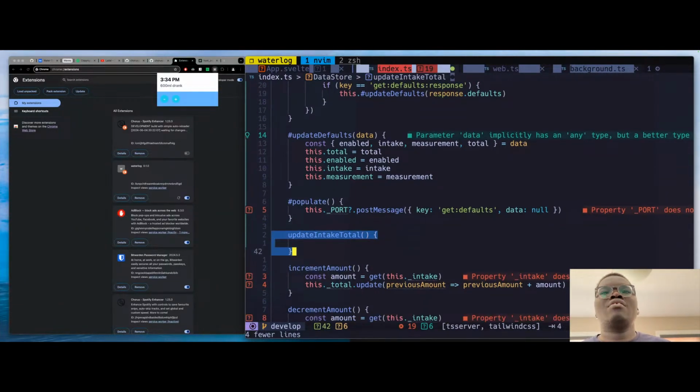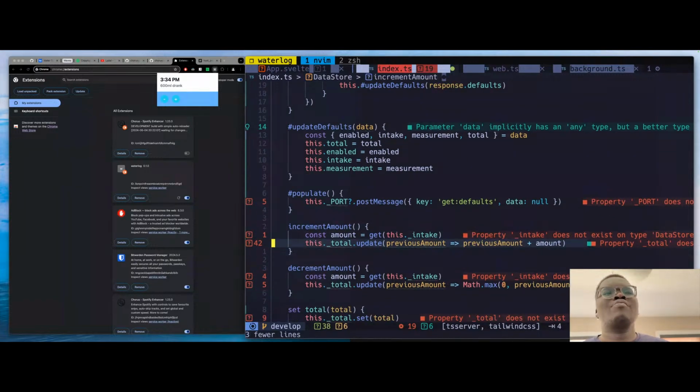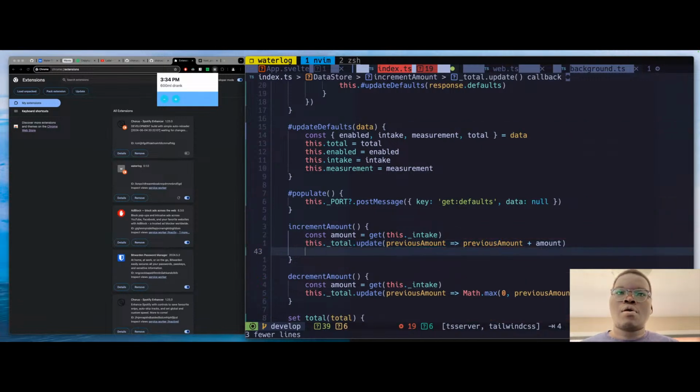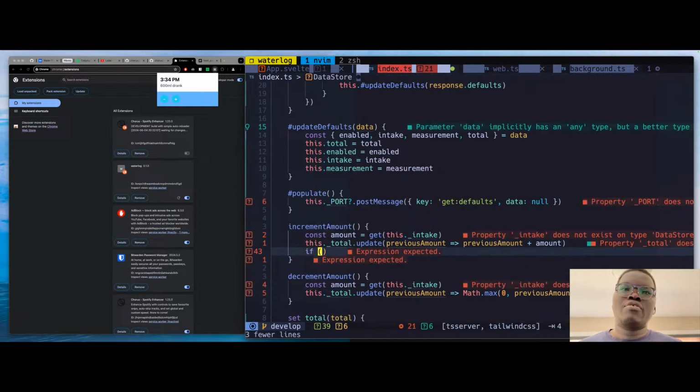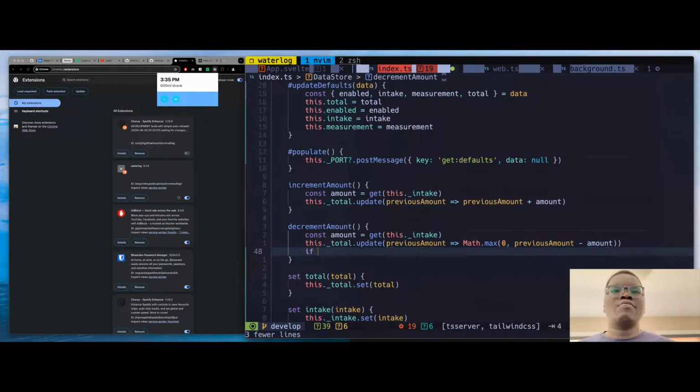But no, I don't need to write it here. Oh, what am I doing? So here, increment amount, I would send a message here. Increment. Okay, if we're incrementing, I don't need to change anything. I'll probably change this later on when it reaches a goal. I haven't set a goal yet, but decrement. So let's say if it's got total,